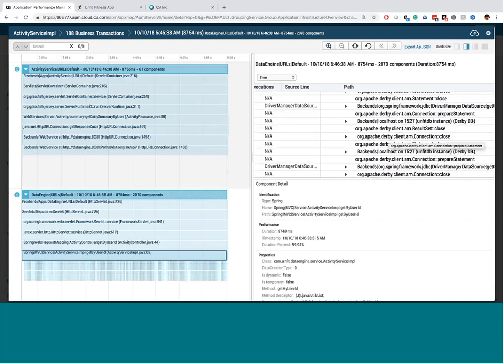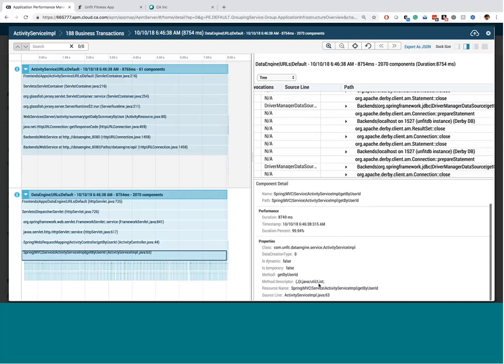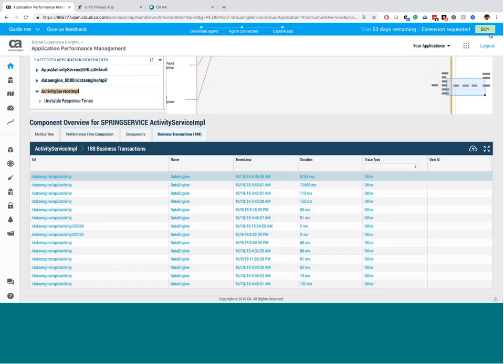Here is the exact method, getByUserId, and this is where inside the source code is that problem, right? So now, since I know that this looks like a problem with my application code, the next thing that perhaps you want to know is